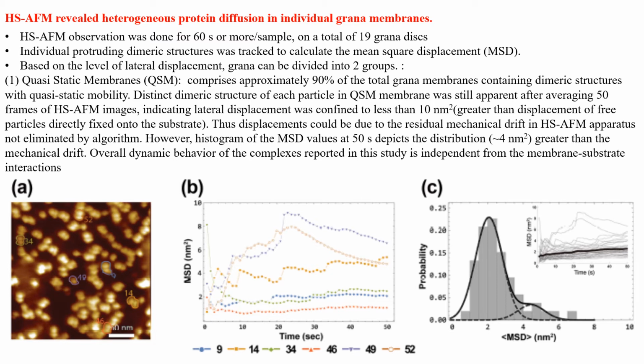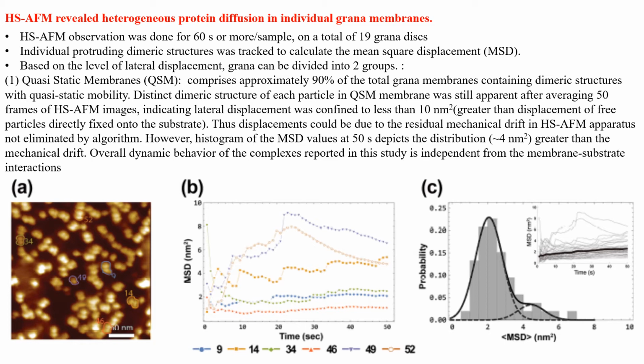So based on the mean square displacement of each of the particles, we can know how much the particles have moved around, and if they are aggregated in one place or if they are moving around freely. Based on this mean square displacement, two kinds of membrane systems were observed, based on how much the mean square displacement was overall for the particles present there.